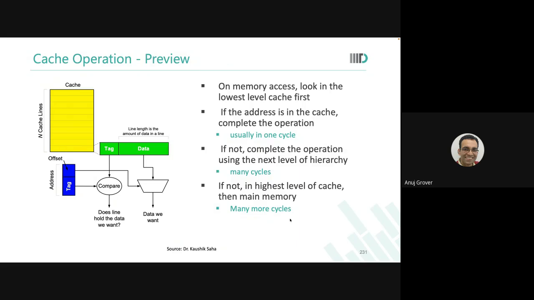Until the time that higher levels of hierarchy have been updated, there is a mismatch between the contents at different levels. That is one. Another reason was what he pointed out, that when there are multiple processors sharing an L2 cache, processors will typically have their own captive L1 cache. But L2 cache, it being larger, can be shared across multiple processors because you do multi-threading. How many of you, I know all of you have done some level of programming. You know the concept of multi-threading. Am I right? What is done in multi-threading?